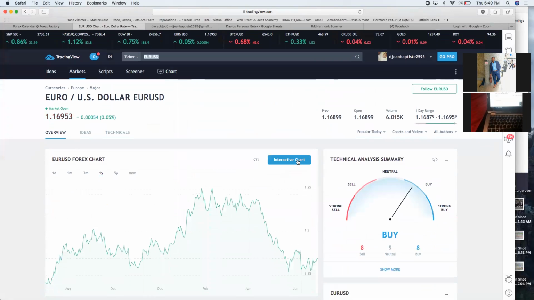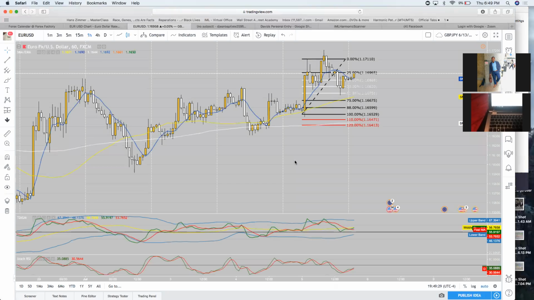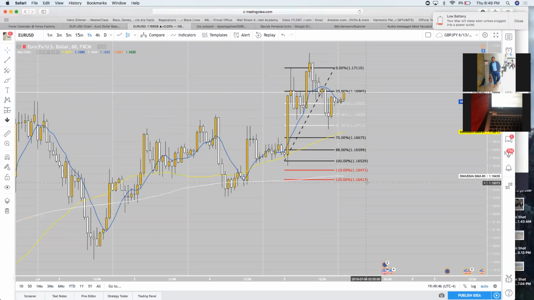So we're gonna click on the top right, where it says interactive chart. You're gonna click on that, and it's gonna open a new tab of Trading View, and you're gonna actually see the market for what it really is. All right, so this is where the market is right now, the actual market. Let me just double click so you don't have to see the TDI and